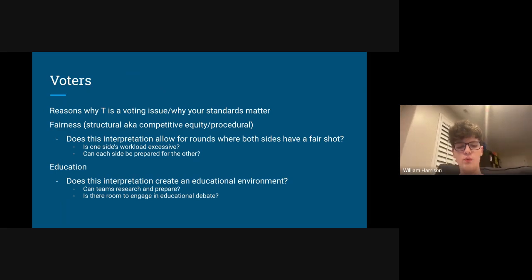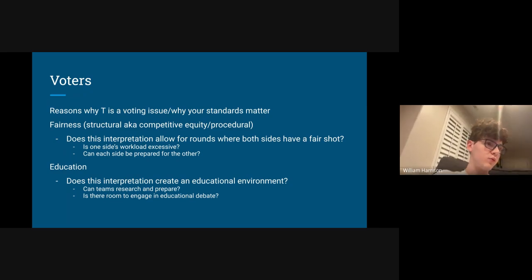But is there room to engage in educational debate? And can teams research and prepare for that debate? We don't think about this quite as much in T with plans debates because it's almost a priori assumed that if an app is blatantly untopical, that ought to be voted against. Whereas in T against planless affirmatives, so KAFs, which we'll talk about more,